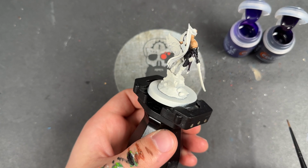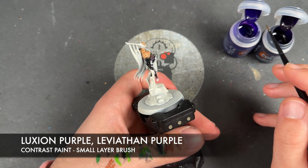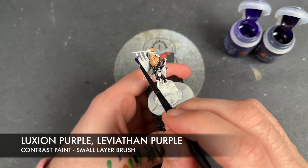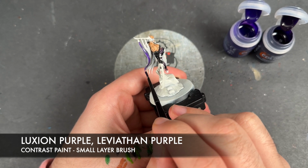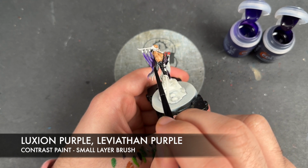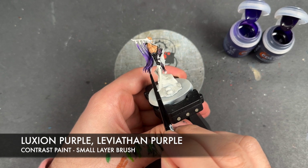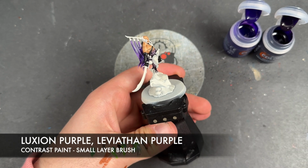With that Shyish Purple applied, we're now going to work on the hair. We're going to be using two colours to do this, Luxion Purple and Leviathan Purple, and we're going to do a little bit of blending. So we're going to take Luxion Purple on our brush first, and from the top here, apply the Luxion Purple, coming all the way down the hair, like this. Sneak it in round the corner. Just like that. We're then going to wash the brush,